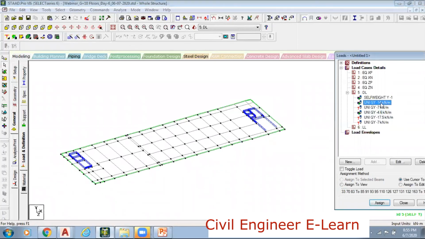So now we have added this 14 kN per meter, and of course we don't have any internal wall. We did not use this 7. This is 4.6 parapet wall load, and the 17.5 load is for a staircase, and this 7 kN per meter is facade load. And of course, in the case of the facade load also, we have added this 14 kN per meter only, right?